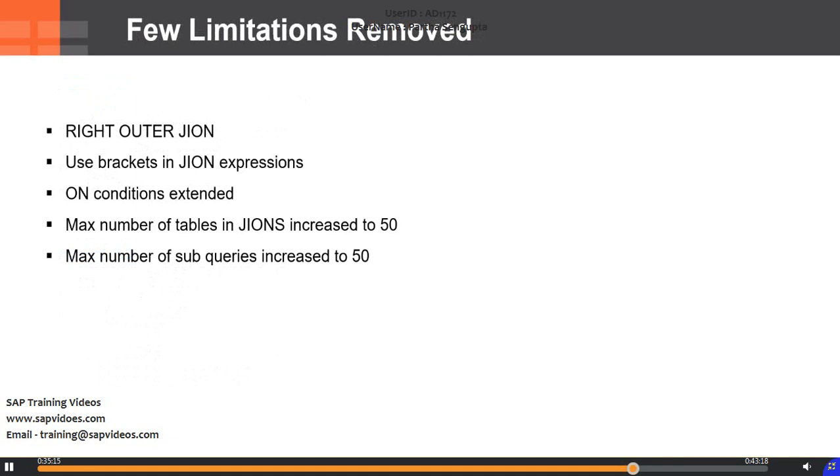A few limitations are removed, such as right outer join. In your OpenSQL, before SAP NetWeaver 7.4, right outer join is not supported. Now right outer join is also supported. Complex joins can be done using braces. The on condition is extended with greater than, less than, greater than or equal to, less than or equal to, with more operands in your join conditions. The maximum number of tables in joins is increased to 50, so you can use up to 50 joins in your select query. And the maximum number of subqueries is increased to 50. So 50 subqueries can be used in your select query. These are a few limitations which are removed,